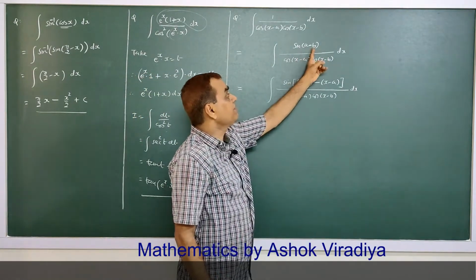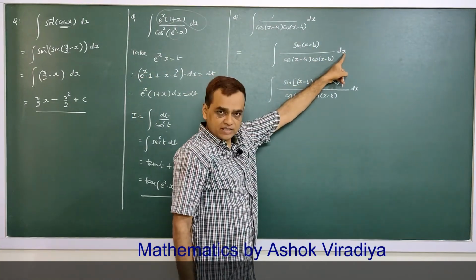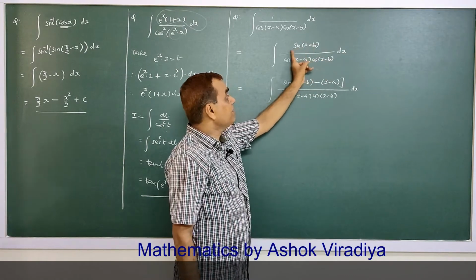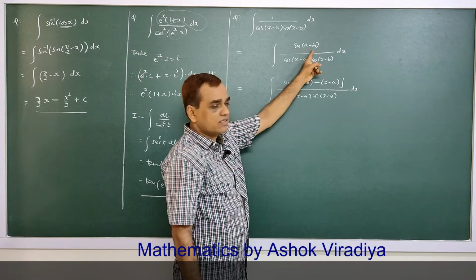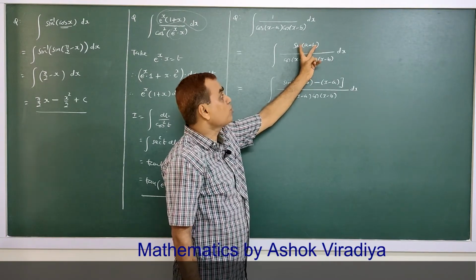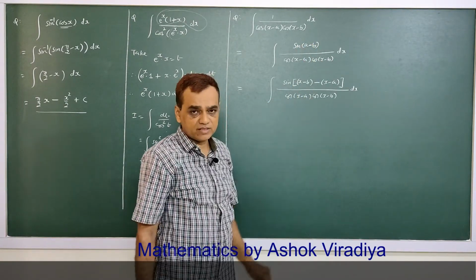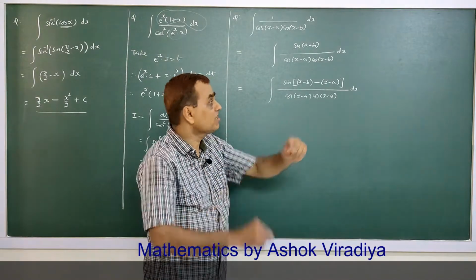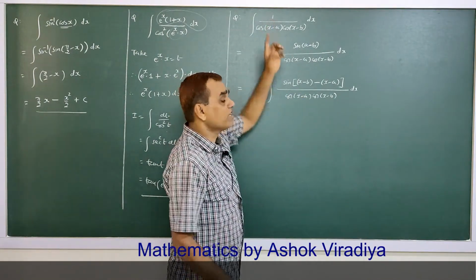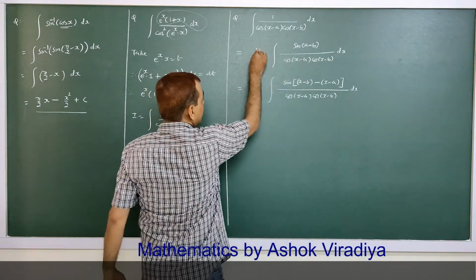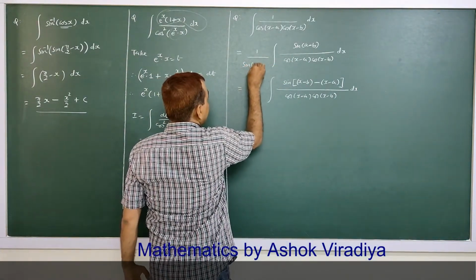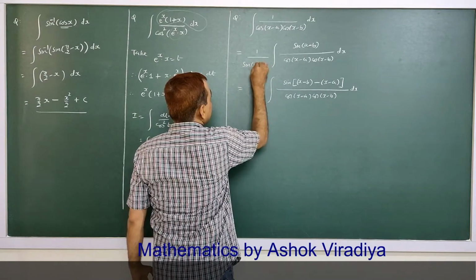This is free from x, the variable is x, and this number is free from x, so it is a constant. So this constant is multiplied, but in the question we are given 1, so we can't change the value. So whatever is multiplied inside, divide by sine of a minus b,